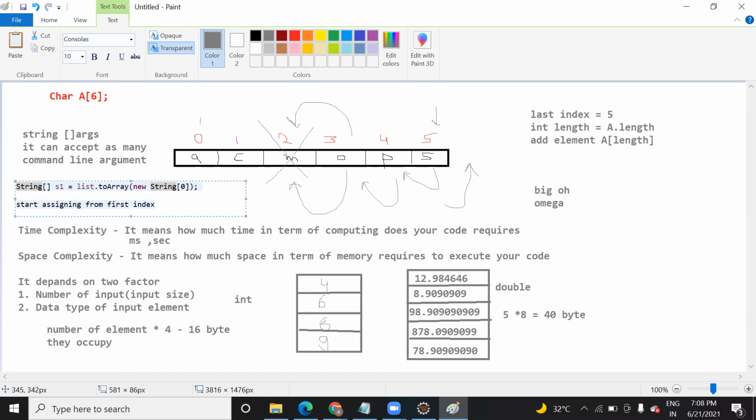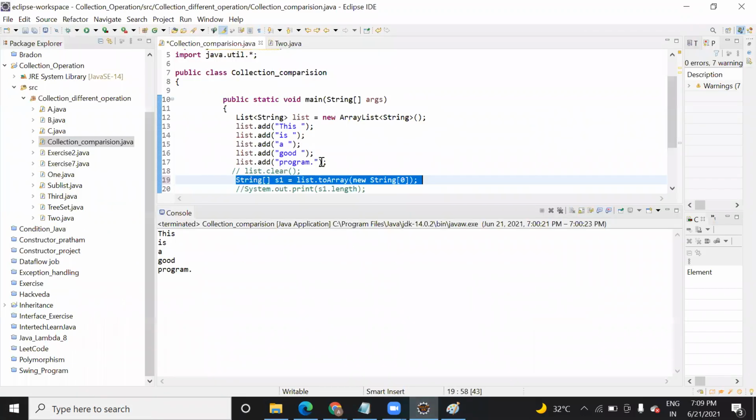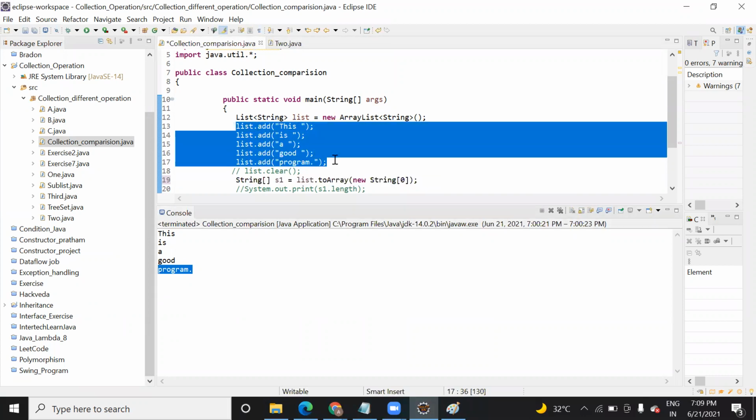But now the question is that when I change it to 4, even then it is working. Why is it working? Because your list is holding all the elements. So we are just converting this list to the array. The list is having all the data. That is the reason even if you give any other index value, it will consider all the elements at once and provide a space to them. For example, you give index 4. In index 4, what is the value? In index 4, the value is program as per the array. But the list is holding the whole collection, so the list is holding all the elements.